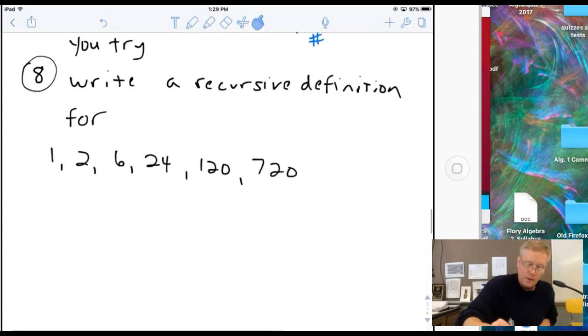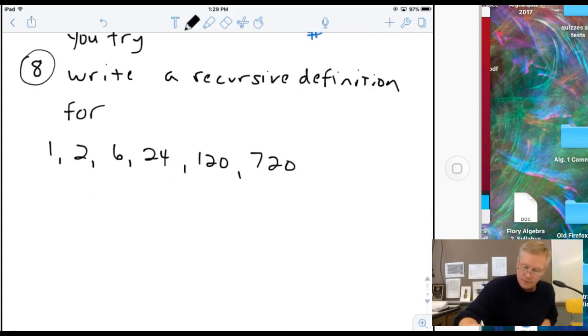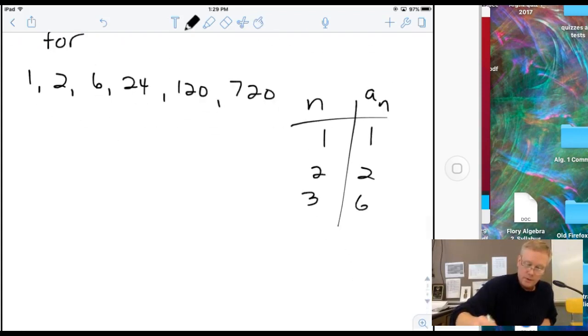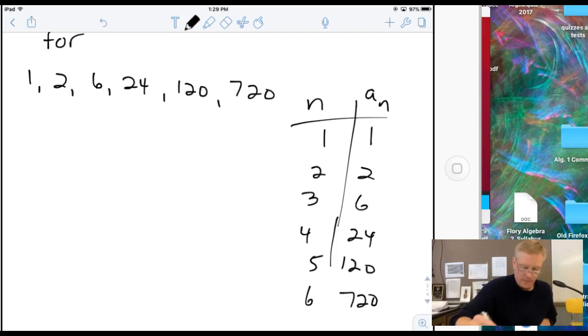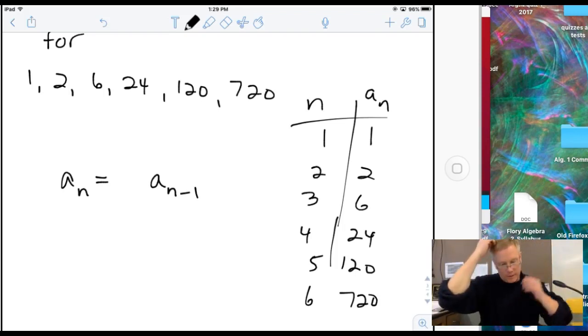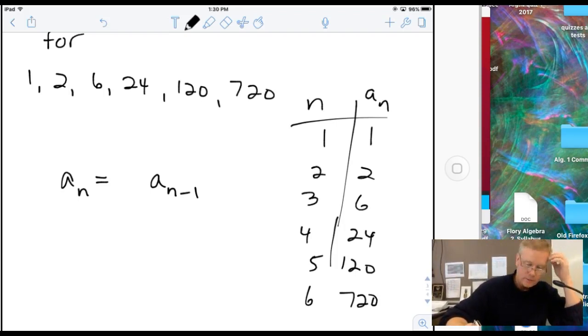Okay, welcome back. So sometimes if you want, you can always make this into a table. I got n, here's a of n. First number in the sequence is 1, second number is 2, third number is 6, and I can keep going. 4 gives me 24, 5 gives me 120, 6 is 720. Sometimes that's easier, believe it or not. So when I take this recursive, if I take the number before it, what did I do to get it? Well, I multiplied